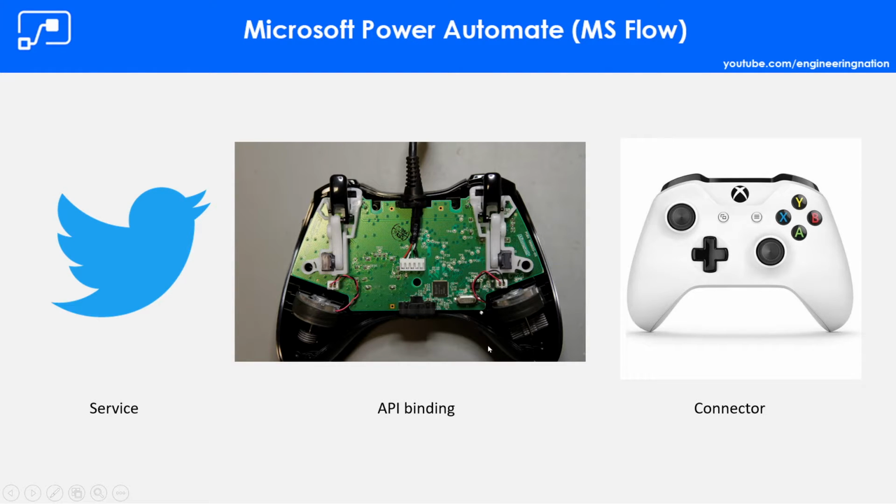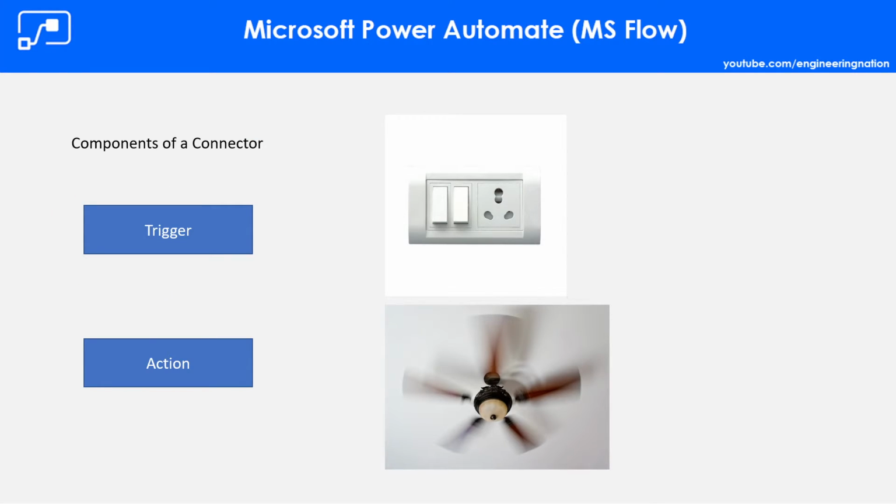You don't have to worry about how to make the connector. Microsoft has already done the big pain, and you just use the connector and take the data. It is as simple as that. Just connect your service in Power Automate or Power Apps and pull the data you want from the services. That's why it is very easy, and the connector is a core part of the Power Platform that we have to work with.